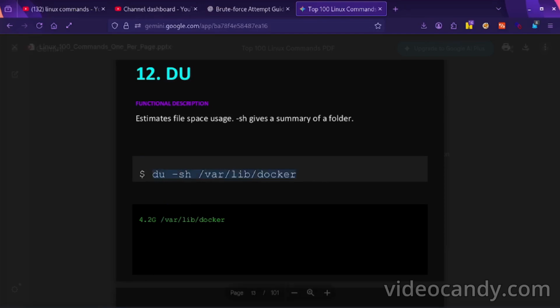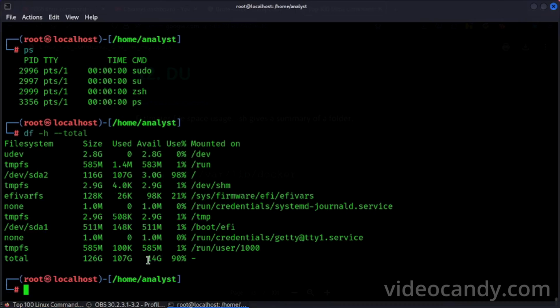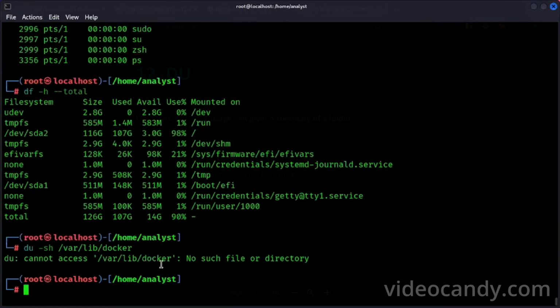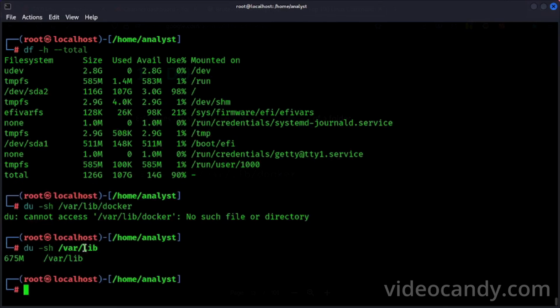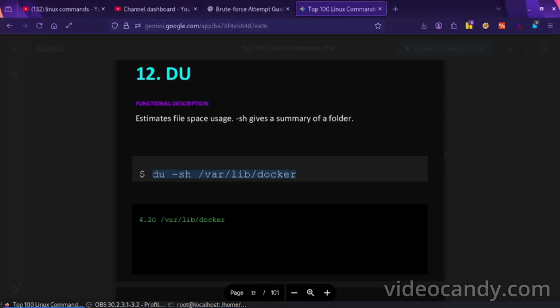Okay, we will try this, and what is the result? We don't know. No such file or directory. We don't have any file with the docker name. Okay, lib. It is 675 MB.